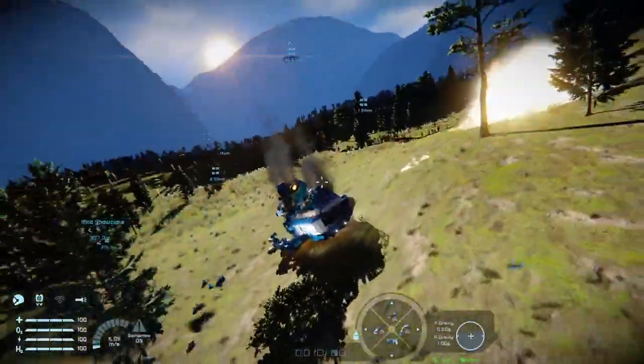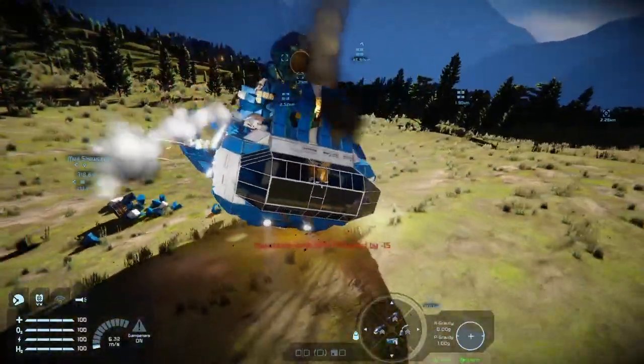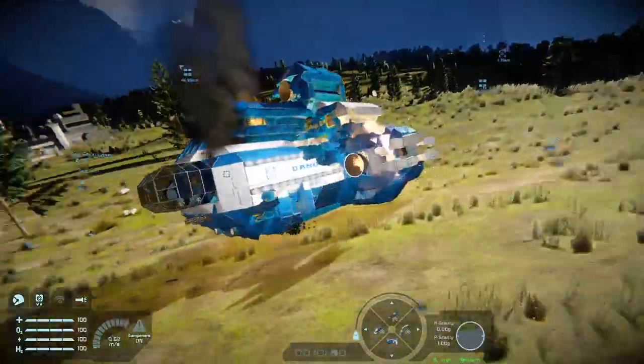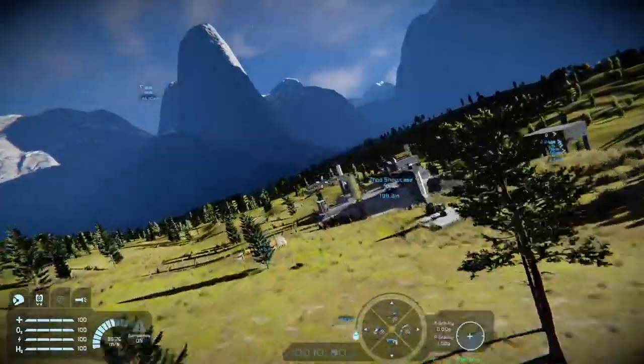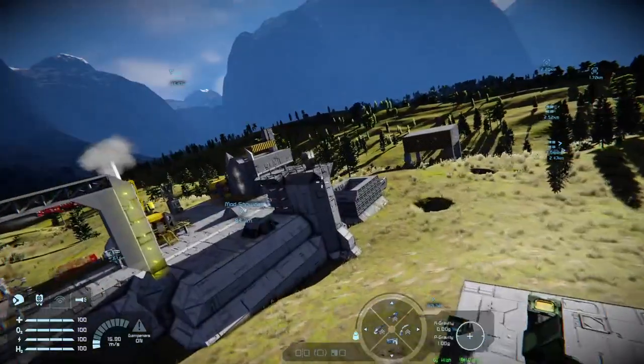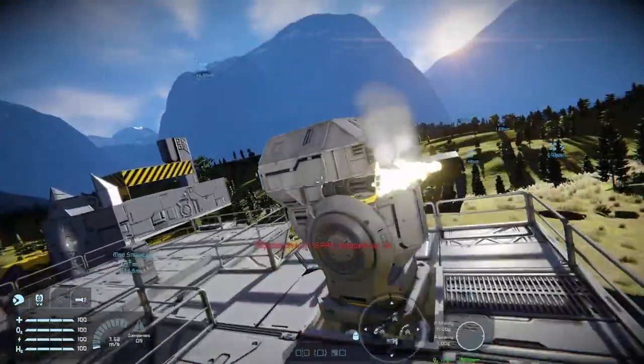And yeah, you can see that my base defenses are chewing this thing to pieces. A little Gatling turret is doing its job.